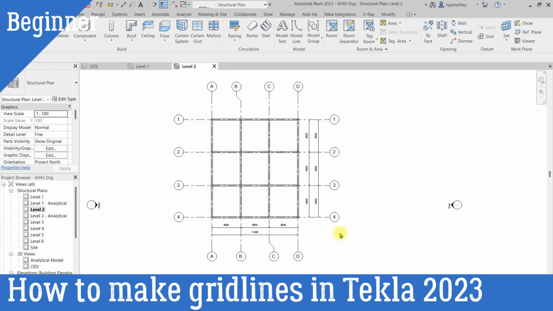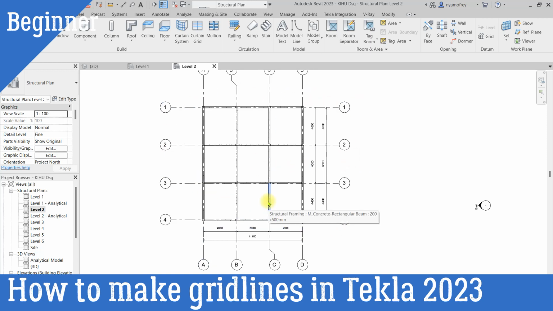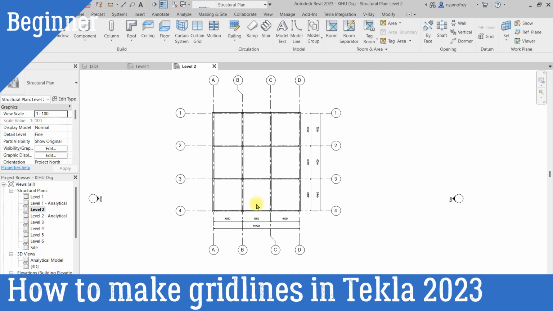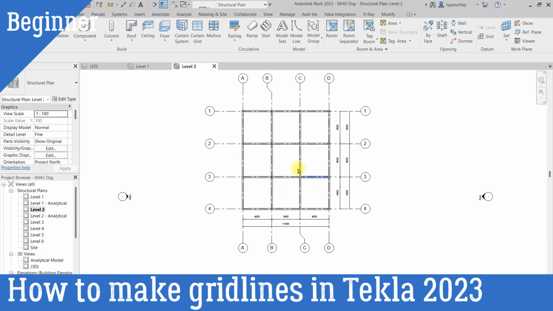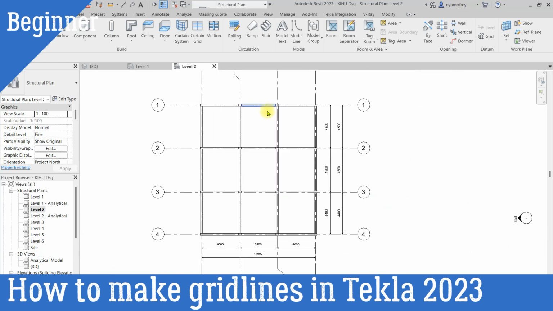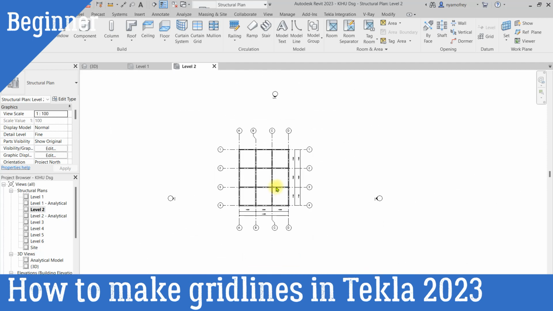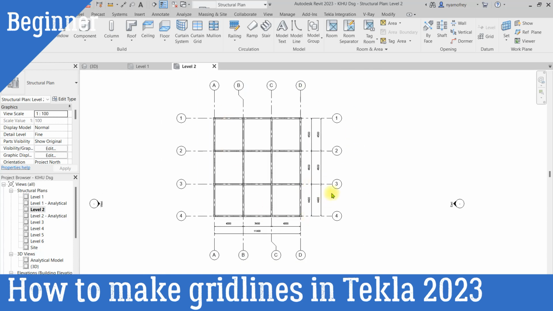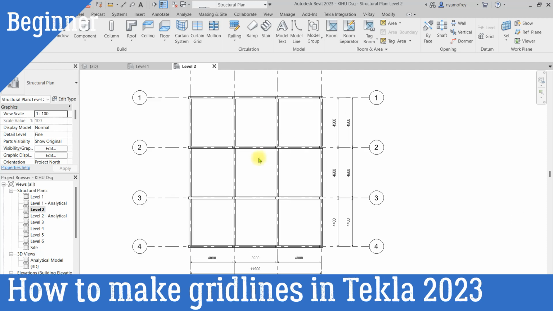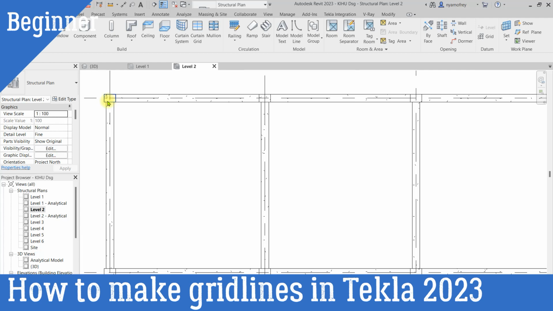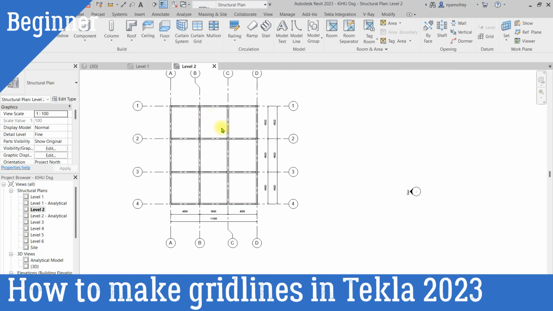You can see I had already modeled the layouts for columns and beams which I want to adopt in the design which I'm going to show you. But remember, in this episode we are only focused on how to create the grids in Tekla Structures. Then in the next episode we should be able to look at how to insert elements like columns. You can insert beams,